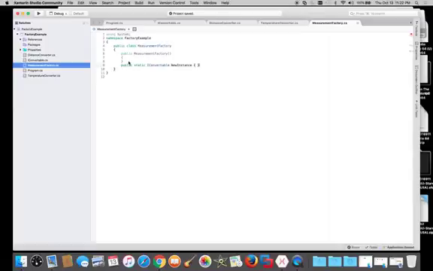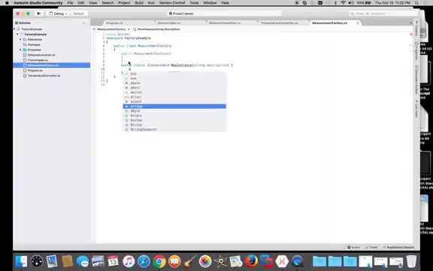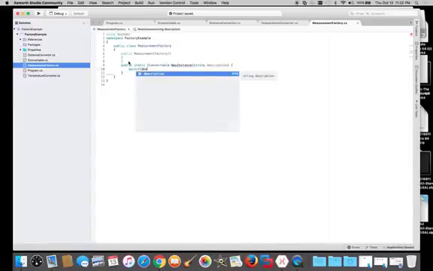In .NET we say new instance, and it's going to take a string, why not, description, and we're going to switch on the description,